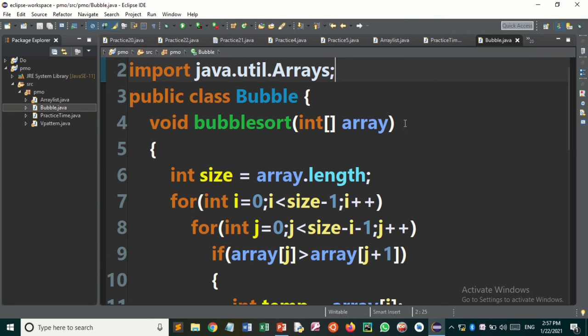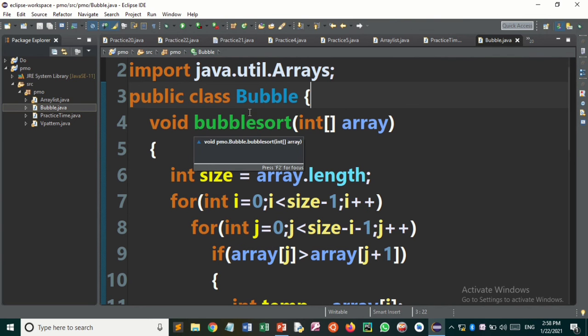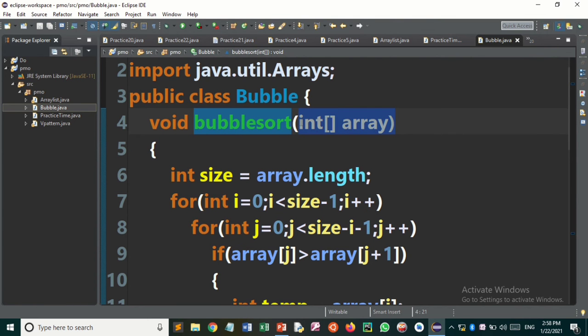Inside this class I have written a void method with the method name bubbleSort and a parameter of integer array. So this is a non-return data type with the function name and the parameter as an integer array.